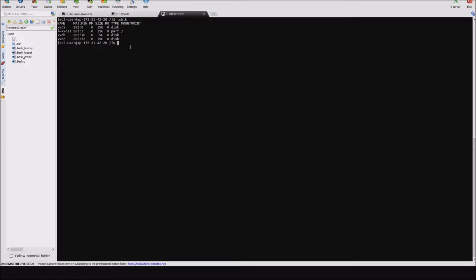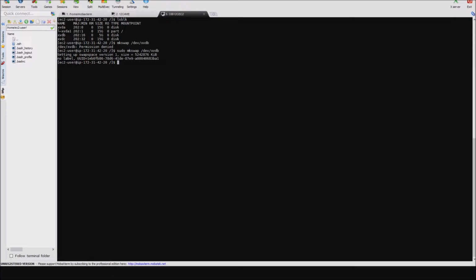So what we're going to want to do is actually use this mkswap command on the 5 gig volume here, and the volume is going to be identified by /dev, which is just excluded here, and then this xvdb that you see right here. So I just type xvdb, and now when I do this, it will format this. Oh, sorry, needed to use the sudo command as a piece of that. And it's going to format this as a swap partition. So now that we have done that,